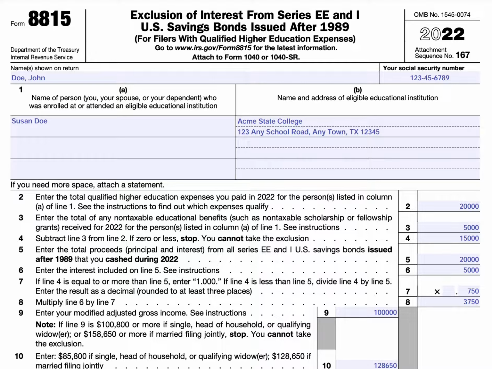So I've pre-filled this form with our hero John Doe, Social Security number at the top. We'll just say that he was paying college bills for his daughter Susan Doe, who attended Acme State College. And in line 1A, you'll put either yourself, your spouse, or as many dependents, usually college-age children, who are enrolled at an eligible